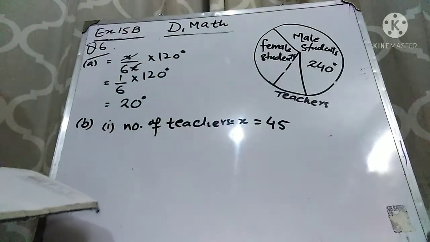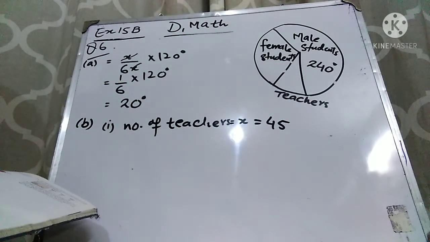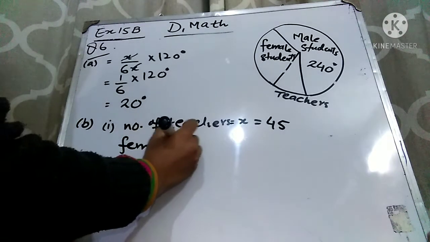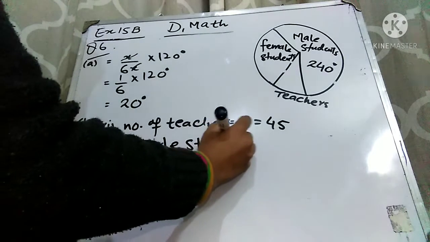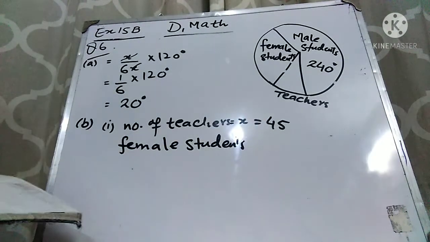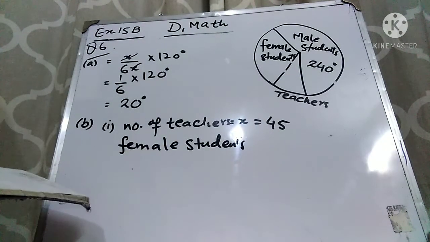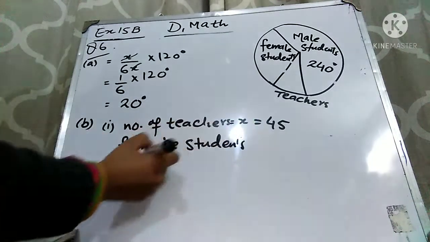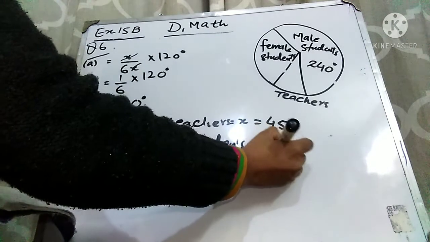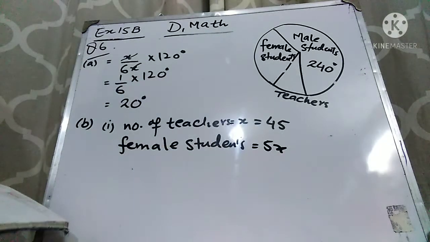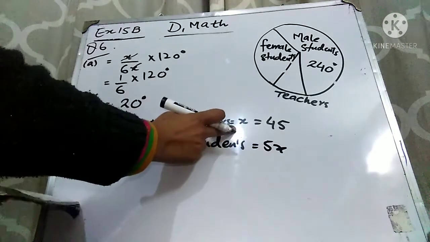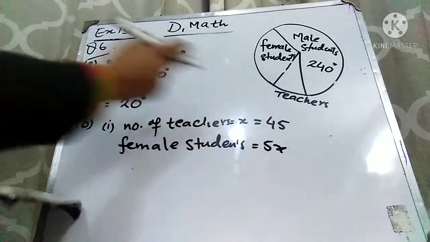Okay, they have told you the number of teachers. Now find the number of female students in the school. We have also assumed that female students are equal to 5x because there are 5 times as many female students as teachers in the school. So the teachers is equal to x, so female students is equal to 5x. This is something we have assumed in part A. Now we have to find out the female students. As x is equal to 45,